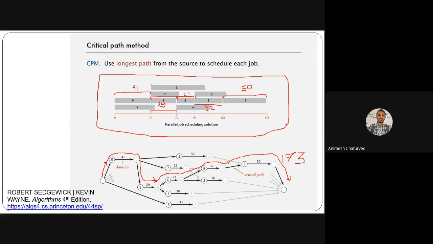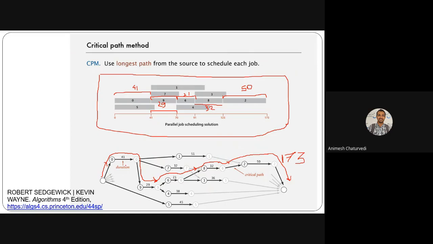For example, this path is dependent, means this 8 and 9. So you have to choose the path which is having the most dependencies as well. So here you have the dependencies for comparison purpose. Like this path is the longest, 173 is the longest path. Why? Because you can't start running 8 until 6 and 7 have been finished.